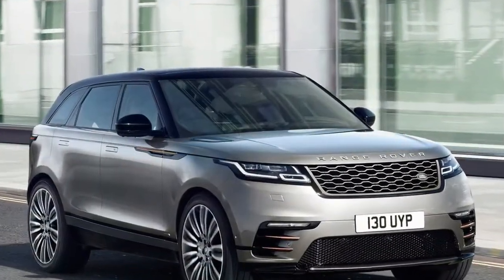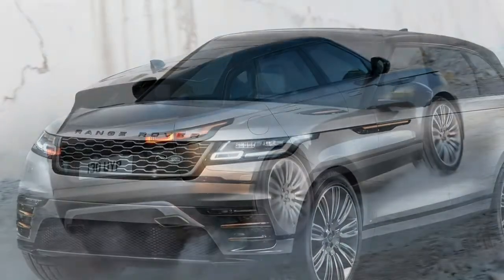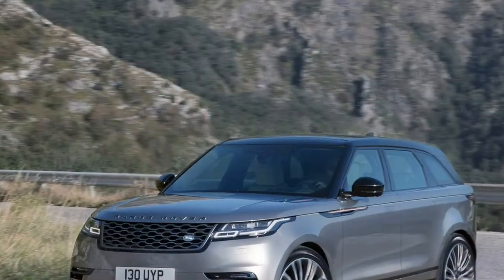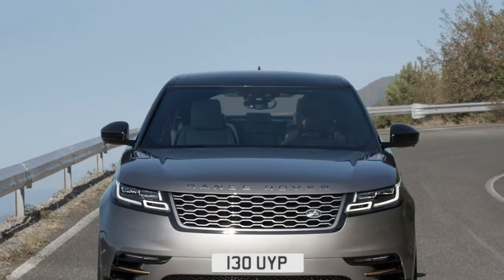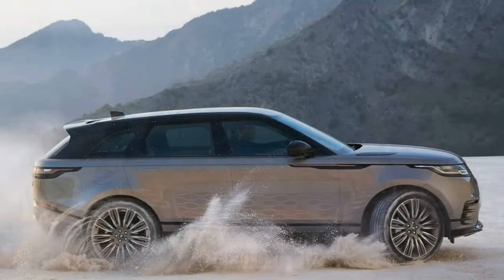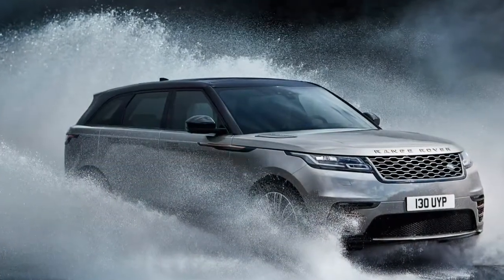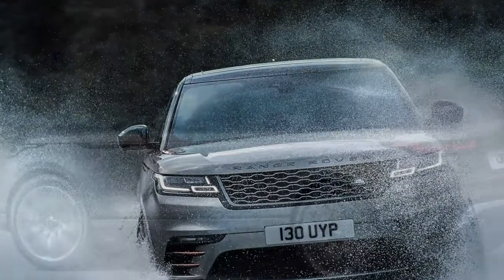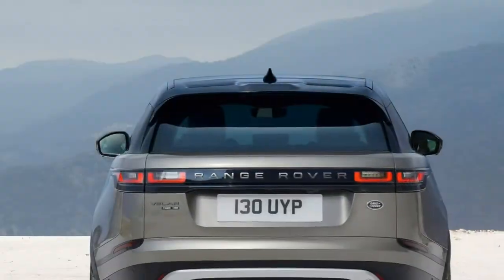Range Rover Velar, prices, specs and models. The average Evoque with some optional extras added leaves the showroom as a £45,000 car. The conventional Range Rover Sport costs around £70,000. Range Rover reckons there's a gap there, and the Velar is aimed squarely at it. It's priced between around £45,000 for the entry-level diesel and £85,000 for the top model with all the bells and